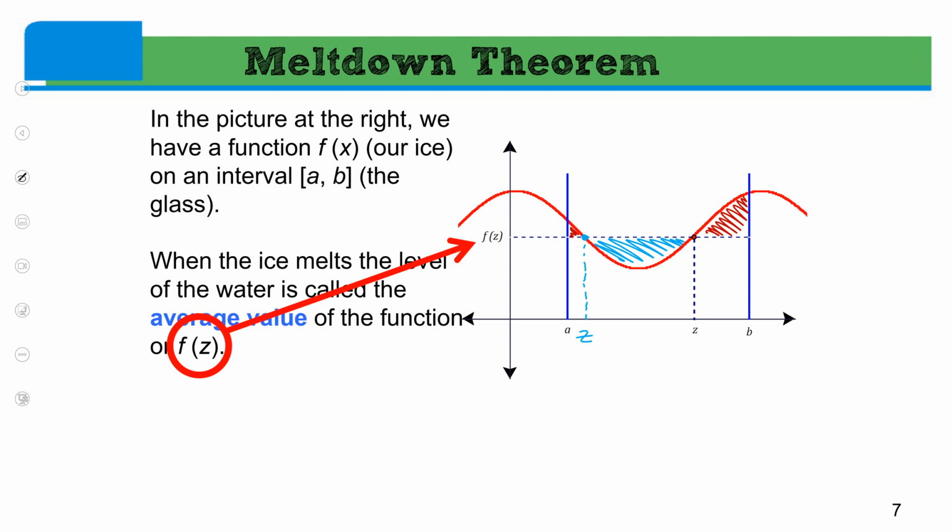Now here's a little more confusing thing. Bear with me. Okay. f of z, sometimes also referred to as f average. Sometimes they'll talk about the z term. However, other sources will also refer to it as a c term. I don't necessarily like that because it gets confused with the plus c. So I like to use the z term. z is the x value, f of z is the y value. Just like you know that if x is the x value, f of x is the y value.